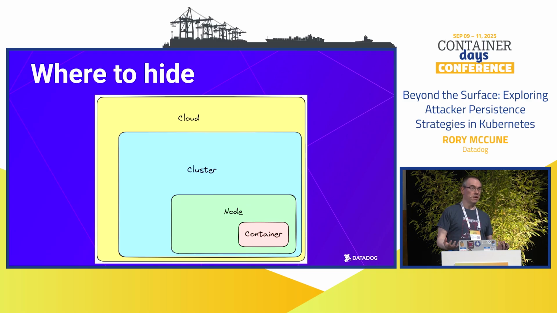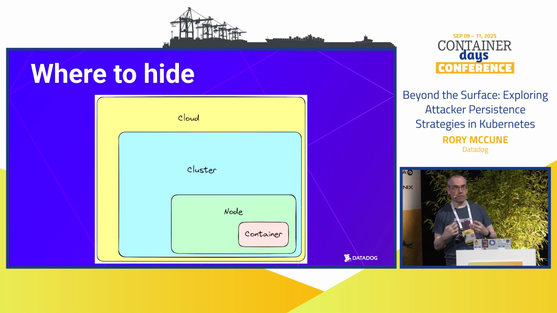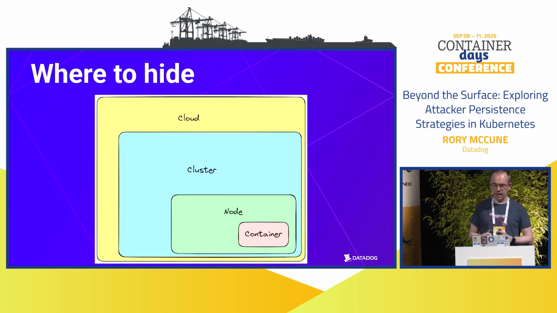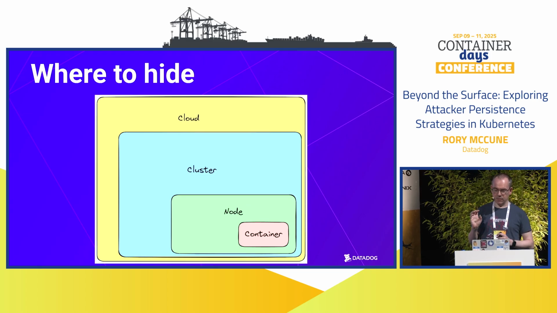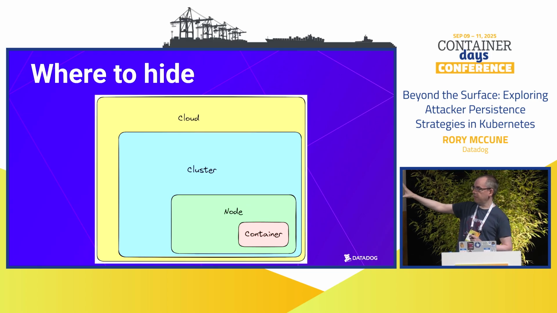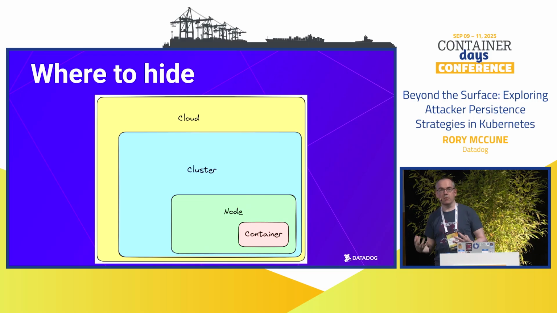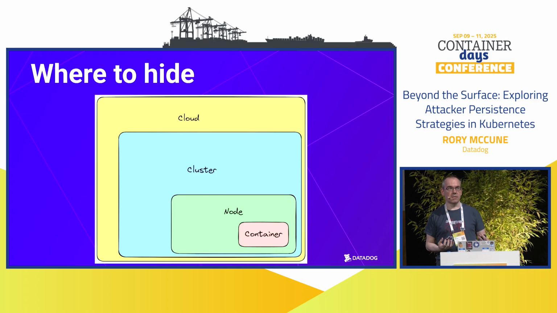We might be able to run binaries on container nodes as a good place to persist our access for long-term compromise and retention of access. We then have the cluster itself. Kubernetes is made up of a number of APIs. Perhaps our attackers could use those to persist their access. Maybe they could retain access to those APIs and use that to get more access to things they want.